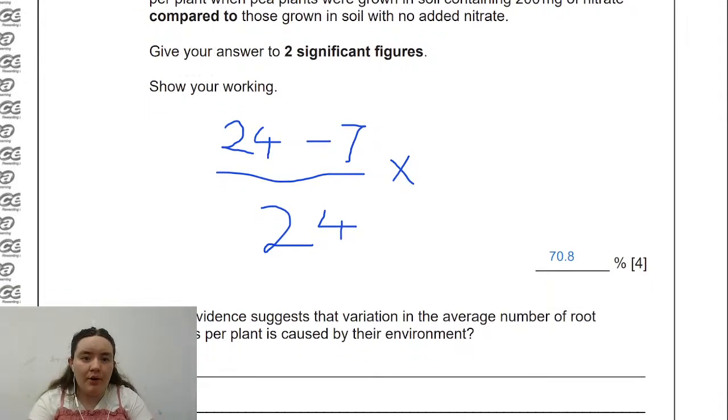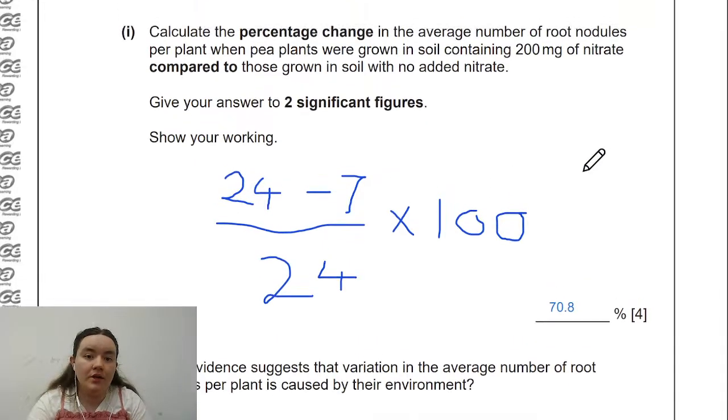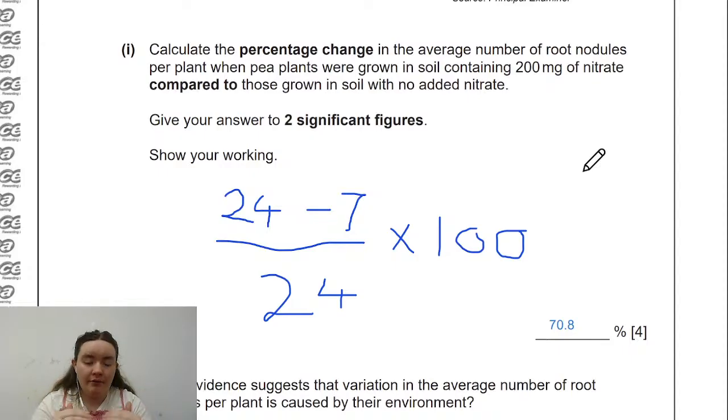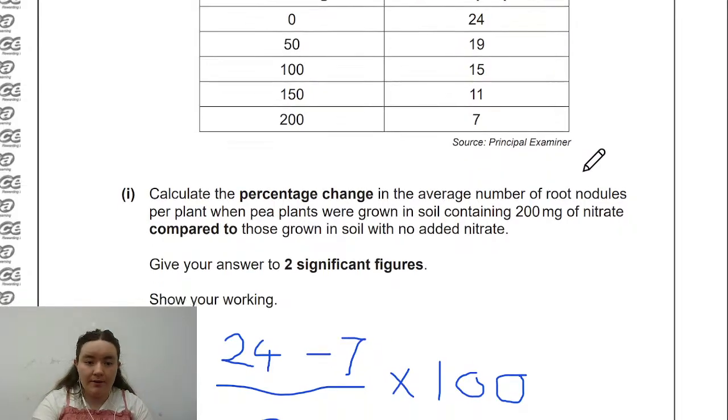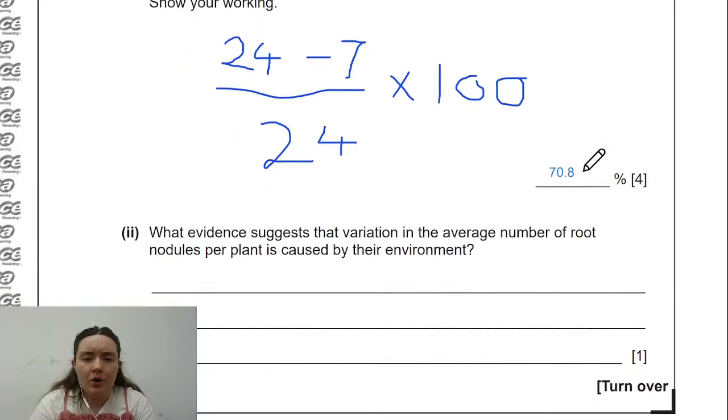Oh, I didn't actually write the times 100. So times 100 turns it into a percentage. The way we calculate the percentage change is by getting the difference over the original number. So the original number minus the new number, all divided by the original number. So that's 17 divided by 24. And then we have to times it by 100 to give us an actual percentage number. So it's 70.8%. Okay, so what evidence suggests that the variation in the average number of root nodules per plant